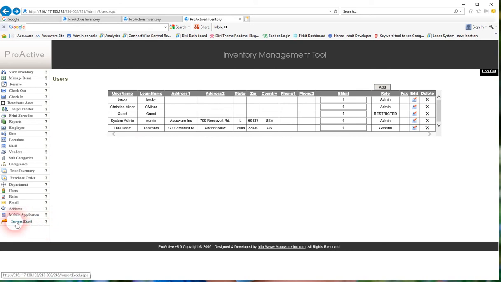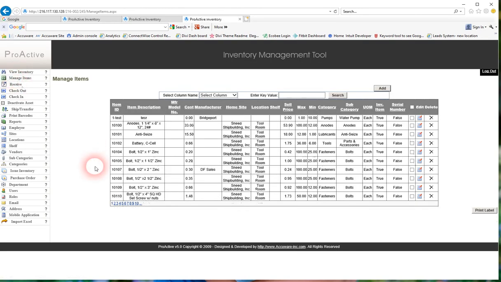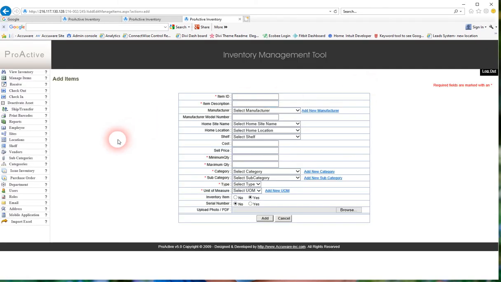But once you have users and roles set up, the root of the system is the items list, and there's of course a huge history here of all the old items that were already set up. You can add a new item, and you give it a name and a description. You can add new manufacturers that are the makers